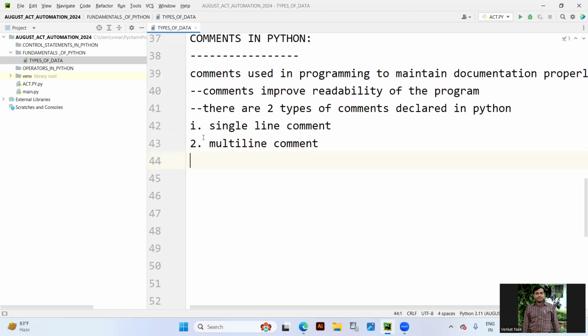Yes or no? Now, the single line comment is represented by a symbol. Clear? The multi-line comment is represented by